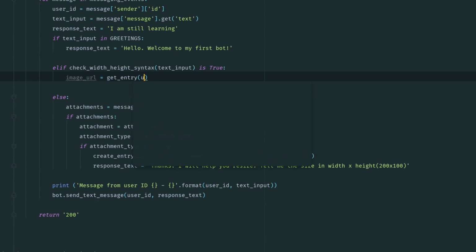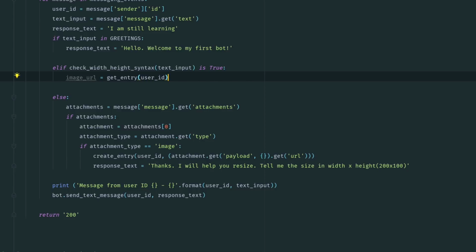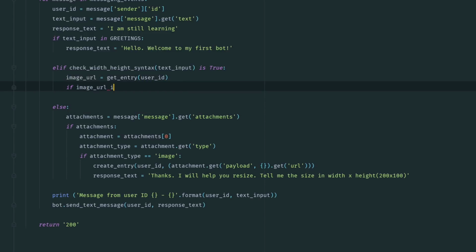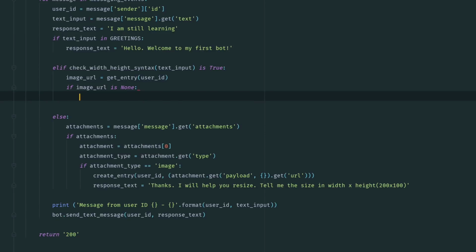Get the image, we already had the user ID. So if image URL is none, the response text should be please upload image first. Otherwise,